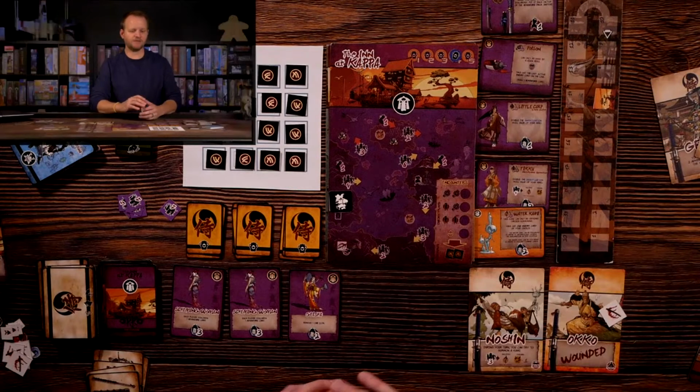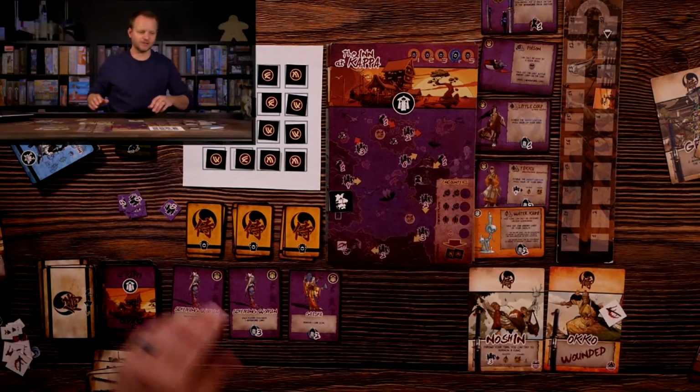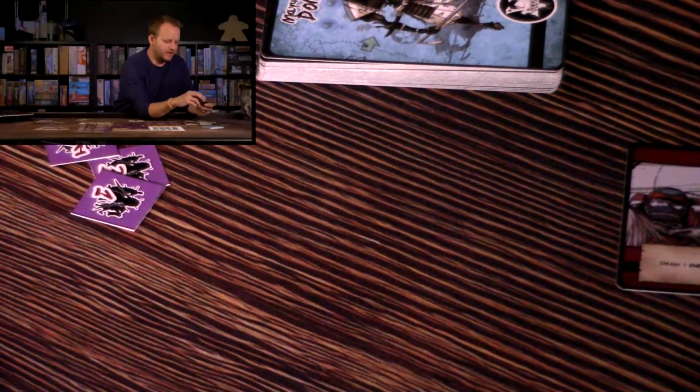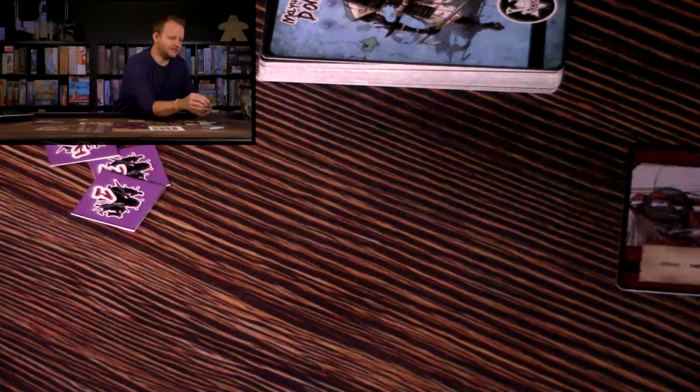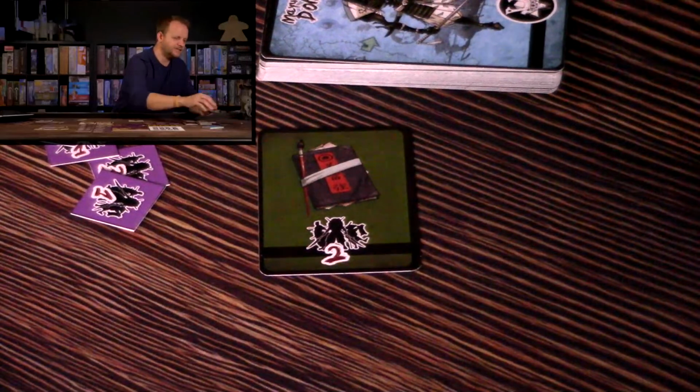So instead, I think I'm going to try to explore again and maybe see if I can get us out of here. So we're going to jump back to this board over here. I'm going to reveal a couple cards and see. This cost me a day to do this action. I'm going to make sure I do that. And now I'm going to reveal the cards. Okay, good. I got a 2. I need 4 to get out of here. So that's 2,